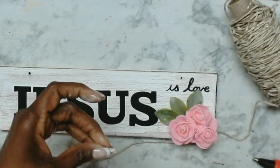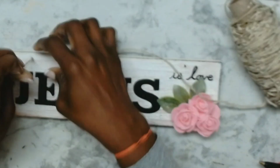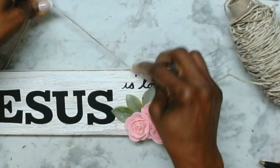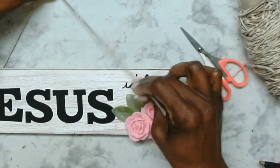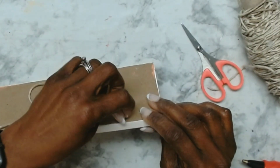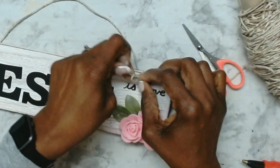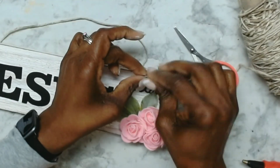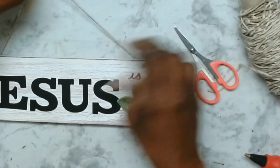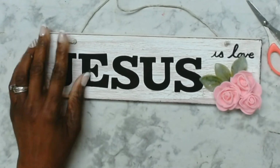So next I am going to add the string, actually the string that came from this piece. I don't know where it is. I probably used it for something else. This roll of jute that you see in the corner there, I had made a jute ball some time ago and the ball collapsed. The balloon on the inside deflated and the cord wasn't dry all the way, so it started sinking. So I just, you know what, I'm not gonna destroy my jute. So I just unraveled all of it and put it on this roll so I can reuse it some other time. So I cut a piece of that and strung it from the back to the front, tied the ends,